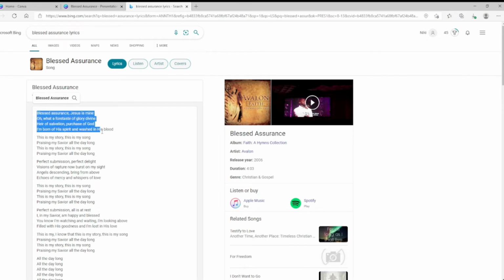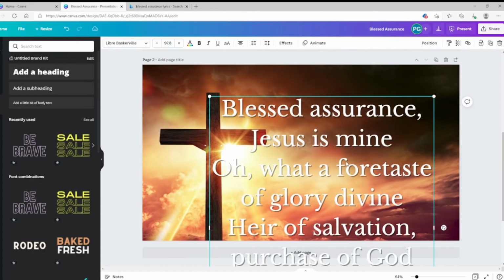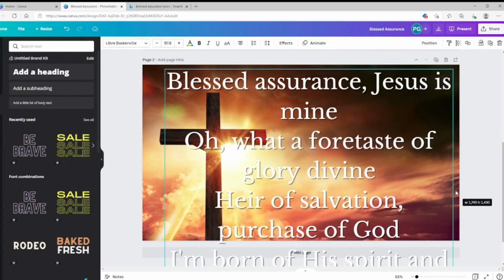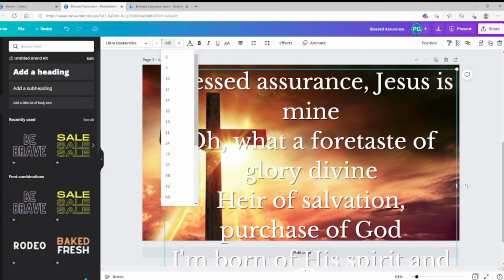Okay, so now we're doing the next part, right? So we made a duplicate screen. You may not have seen it, but let me show you how to do that. Now we have written the second part. We're on the second screen. So this is all the second part, or the actual first part of the song, outside of the title of